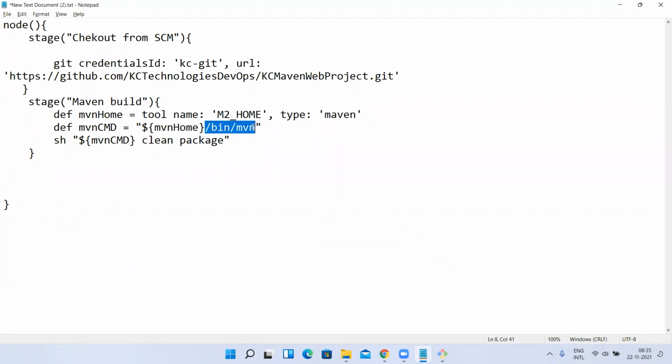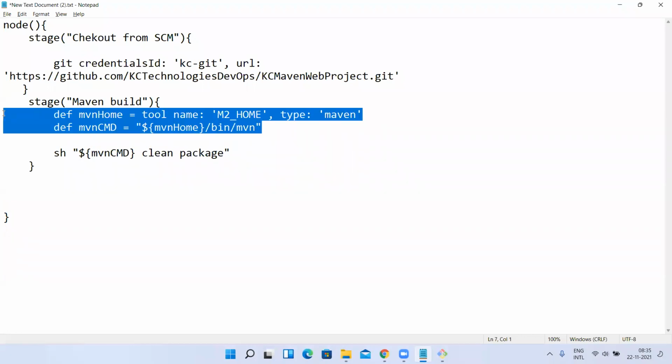Why? Because I haven't set the path here. If you set it as a path variable, you can read it anywhere, but here that facility is not there. So I'm going to do it like this. I'm going to the bin location and through mvn, I'm going to execute a clean package. Now I have read this variable. Okay, leave it till here. Till here, you understood, right? Is it clear till here?